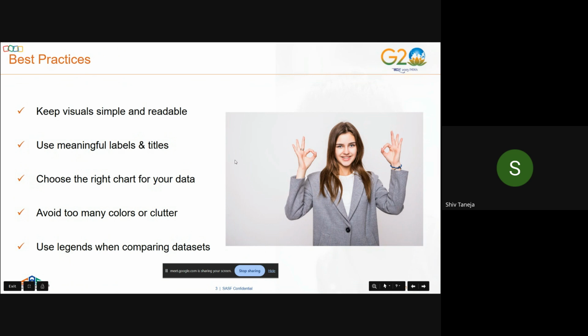So what are the best practices? The best practice is that you should keep your visualization simple and readable. The whole point of creating a visualization is so that the person can easily understand the data. If your visualization is not simple or readable, there is no point. So the first and foremost thing is to keep your visualization simple and readable,